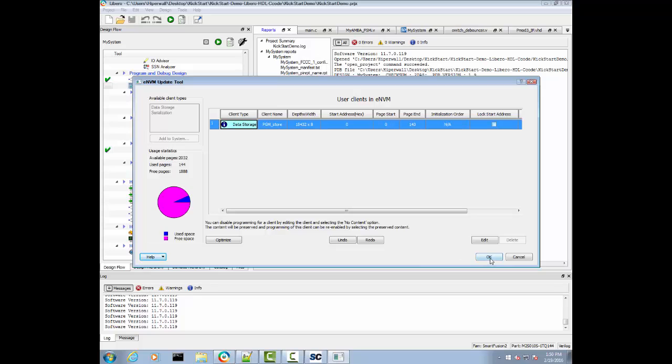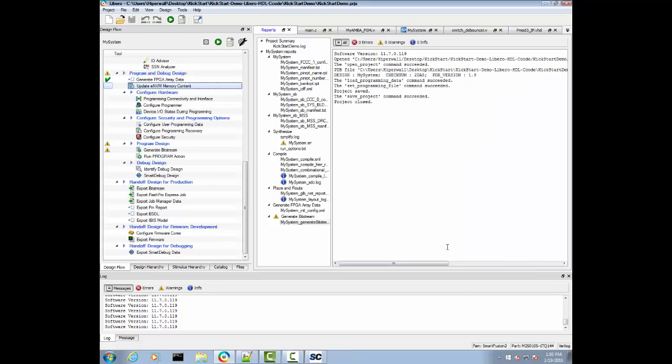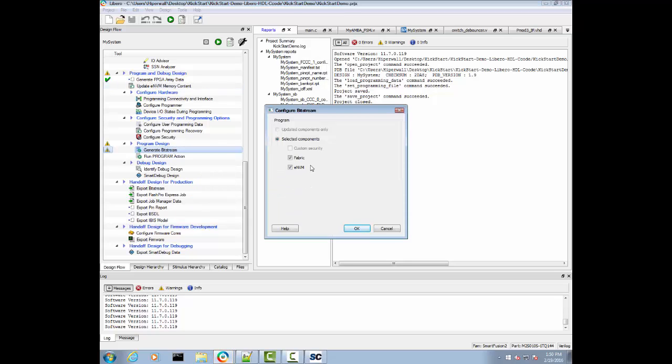Say OK. Say OK here. And then I can generate my bit stream. And then I could even export the bit stream to be used for a production manufacturing kind of flow. When I generate the bit stream right here, I can even specify what I want in that bit stream. So there are some options you can configure. And here you see you can select if you want the fabric or the NVM, which is the flash memory,